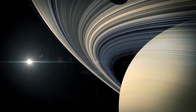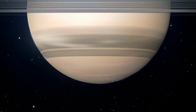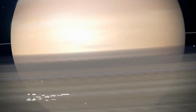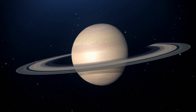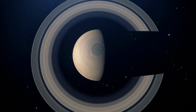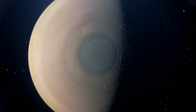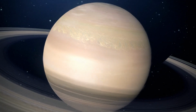Cassini also recorded the sounds of those intense storms discharged into the planet's atmosphere. From time to time, Saturn has giant storms that go over 190,000 miles across the surface. They encircle nearly the entire planet. On Saturn's North Pole, there's a massive hexagon of clouds. It's a vortex of a pretty unusual shape that circulates hundreds of miles above the clouds and extends deep into